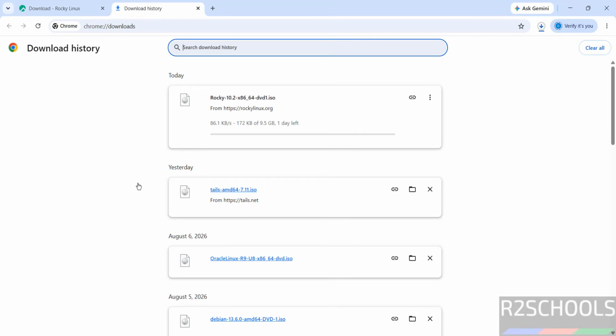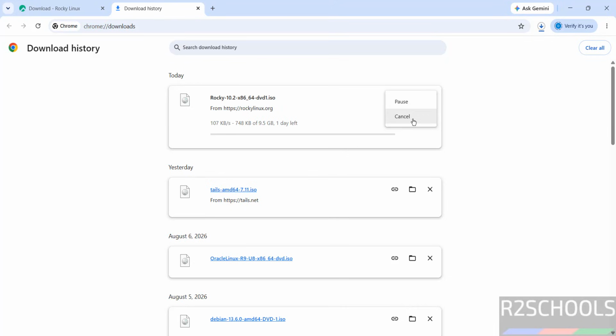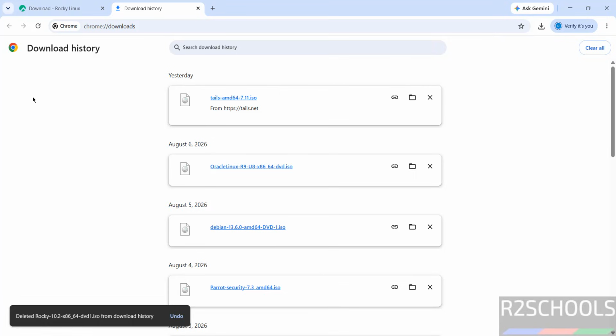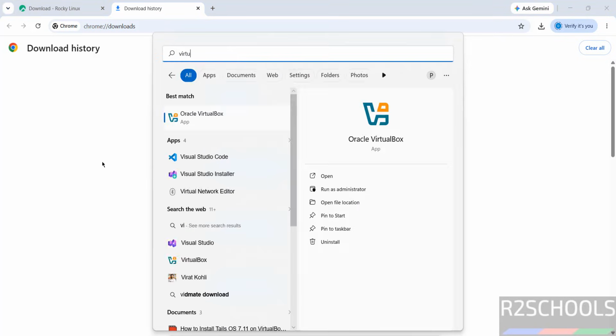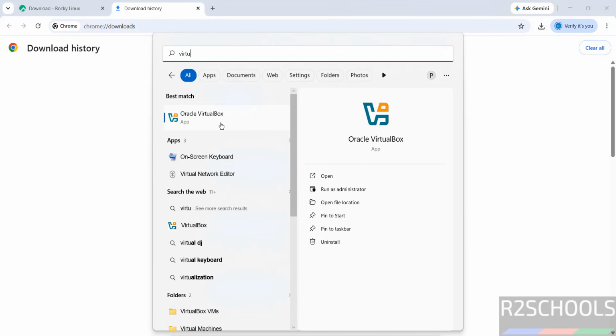See, download started. Go to downloads. See here its size is about 9.5 gigabytes. I am cancelling this one because I have already downloaded it. In your case, wait until the download completes. Once the download is completed, then open VirtualBox. If you want to install VirtualBox, then search my YouTube channel for how to install VirtualBox on Windows or Linux